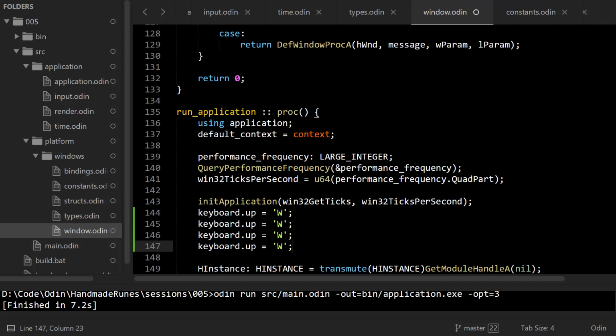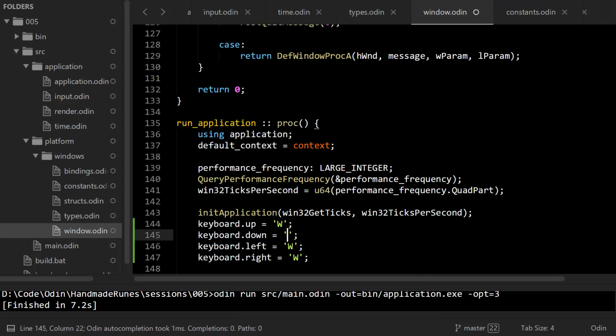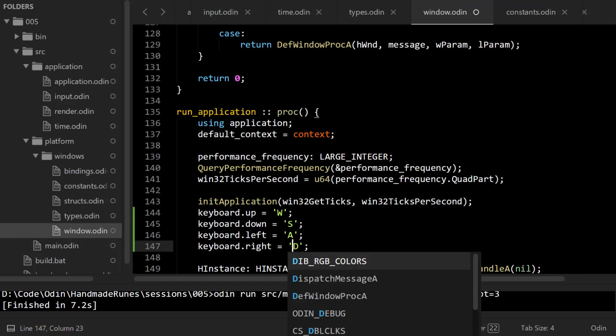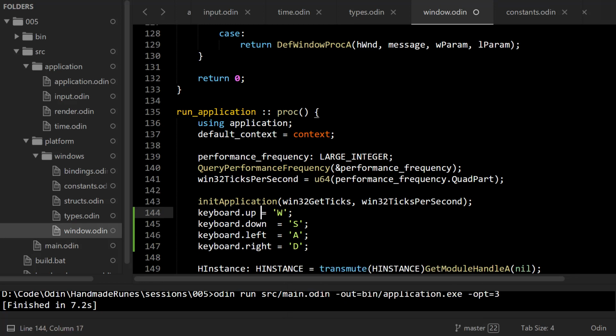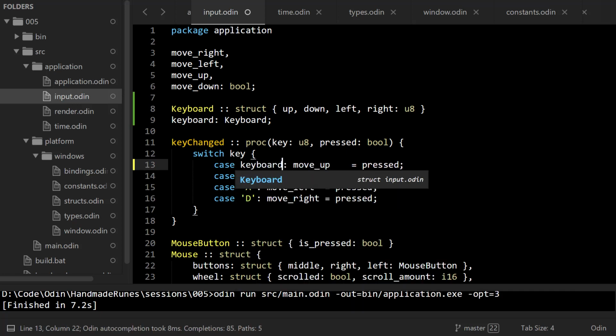Let's do the rest of them. So this is going to be down and left and right. Down is going to be S, left is going to be A, and right is going to be D. Right. So now in here we're just going to do keyboard up,